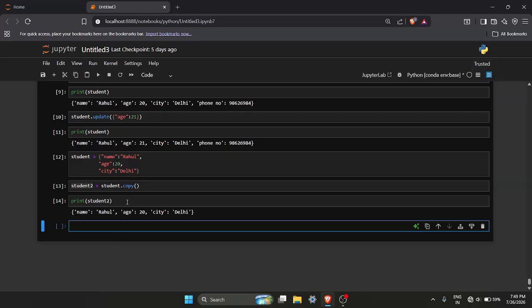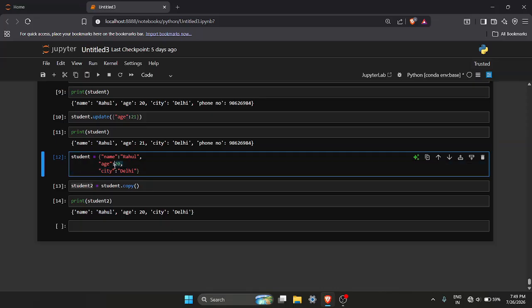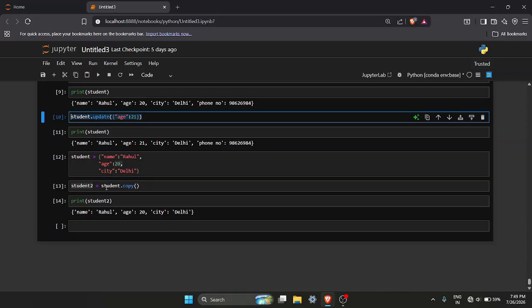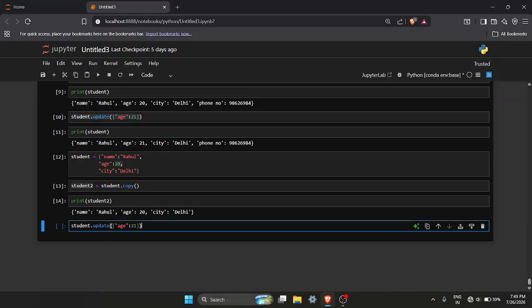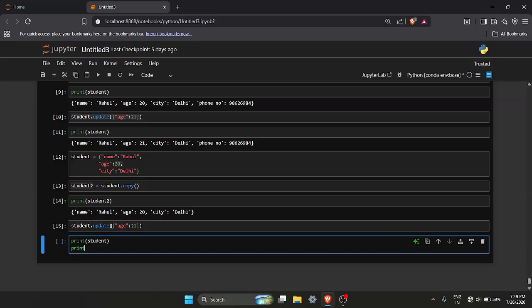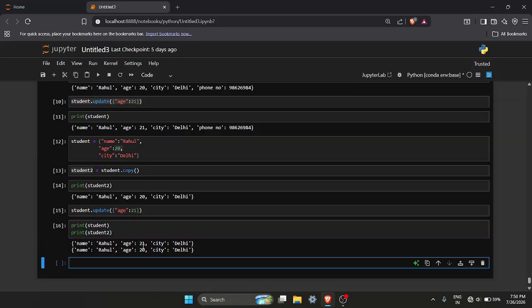Now, these two dictionaries are independent of each other. When I say independent, that means if I make changes to one dictionary, that will be totally exclusive from another dictionary. Say, I want to update this age in student dictionary to 21. So I will simply write this update function, student.update. Now, if I print student 1 and student 2 simultaneously, you will see that the changes are only made